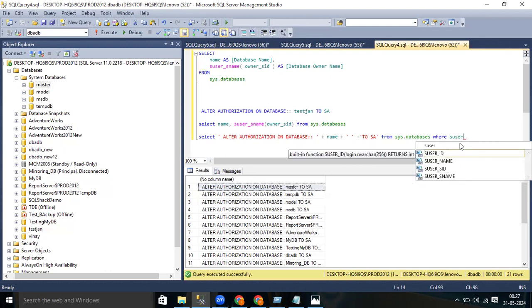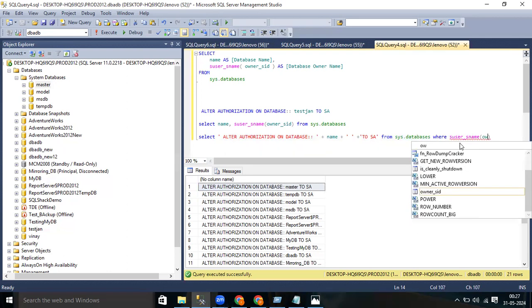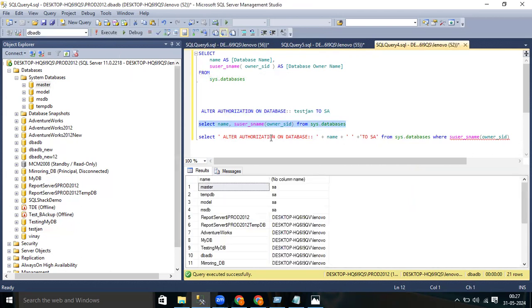S user underscore name, right? And after that you give the bracket and give inside owner underscore SID. Why am I giving this, right? Be sure, man. If I go and execute this line, sorry, if I go and I will give,